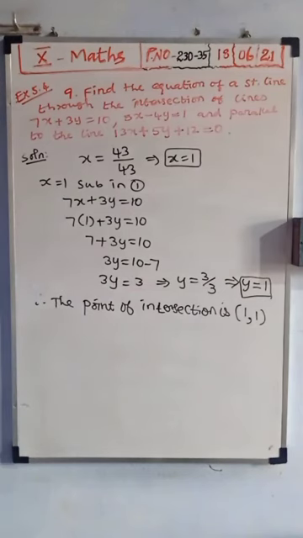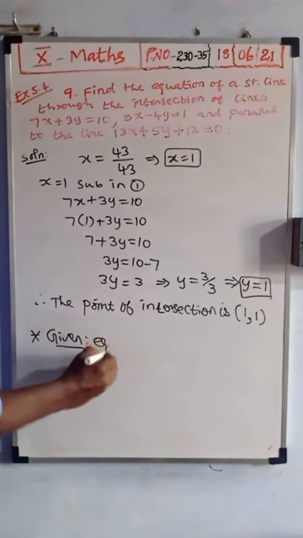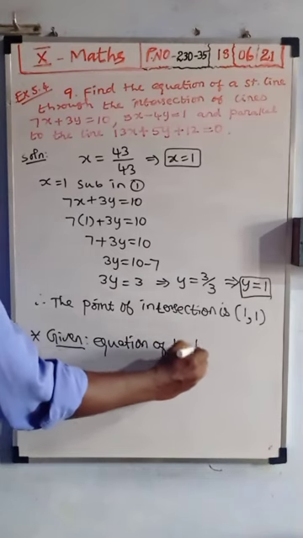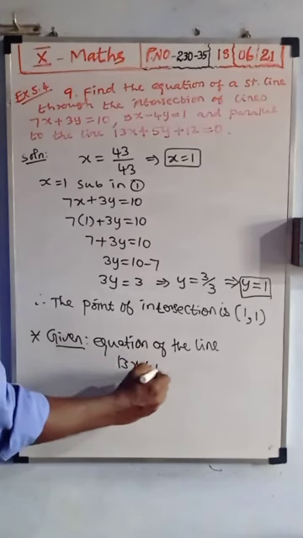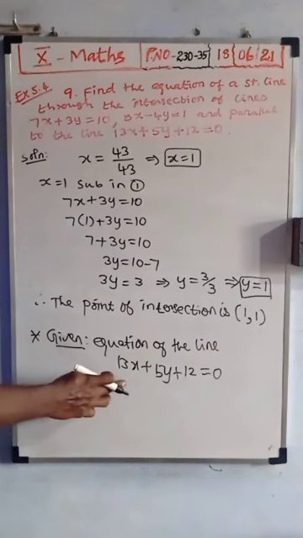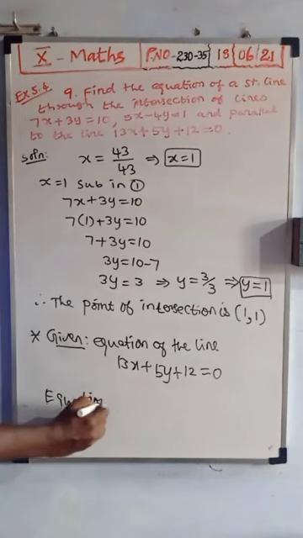Next, one line is given. It is given the equation of the line 13x plus 5y plus 12 is equal to 0. Now we need the line parallel to this line only. Therefore, the equation of the parallel line is